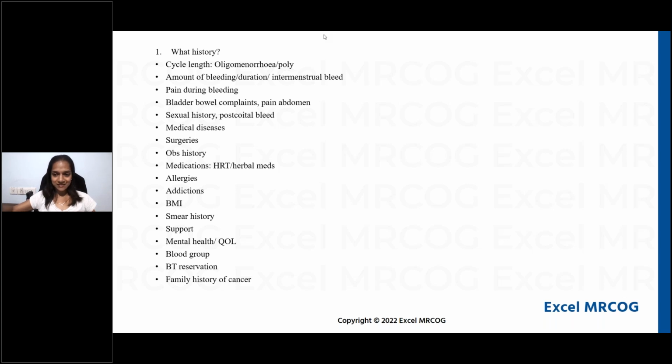So one important history that you need to ask in such a situation is whether the cycle duration is prolonged or not, because that would give you a clue that it is an anovulatory type of bleeding associated with thickened endometrium because of the hyperestrogenic state. Okay, so next is amount of bleeding. Amount of bleeding and the duration would tell you her state. Okay, if it is chronically happening, then she is likely to have anemia and its problems. So that also you have to look into. Do not ignore that particular aspect of managing heavy menstrual bleeding.